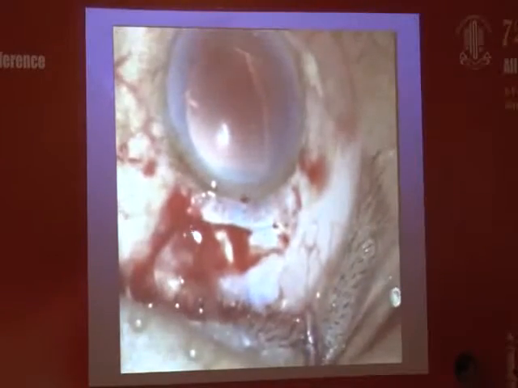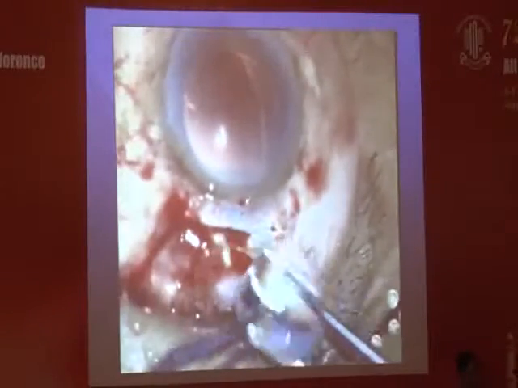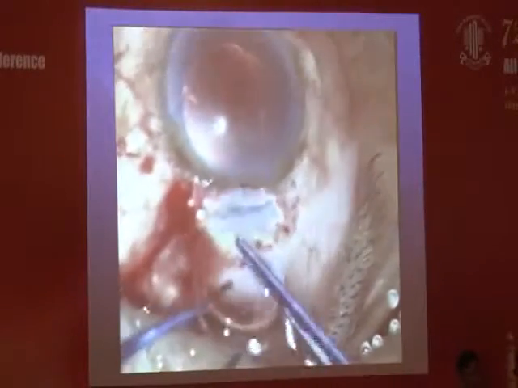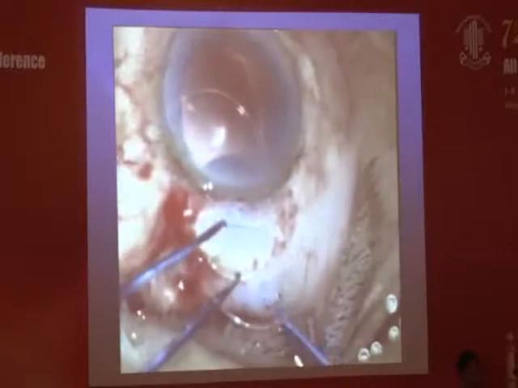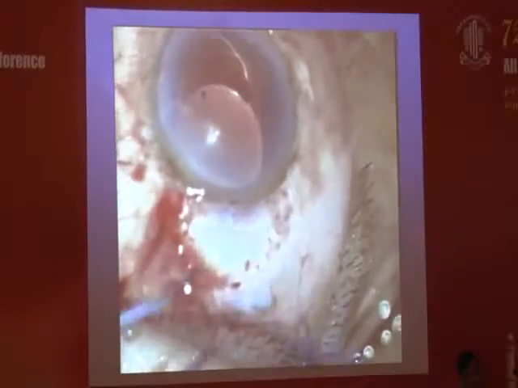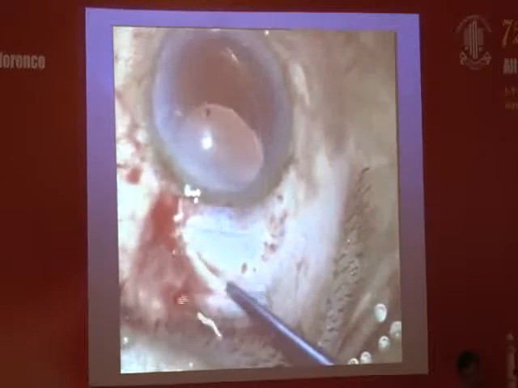So that you can do, and you can see whether the pupil is constricted or not, and if it is, then again you will have to go for the vitrectomy. Now here you will see it is free of the vitreous, and I am just implanting this